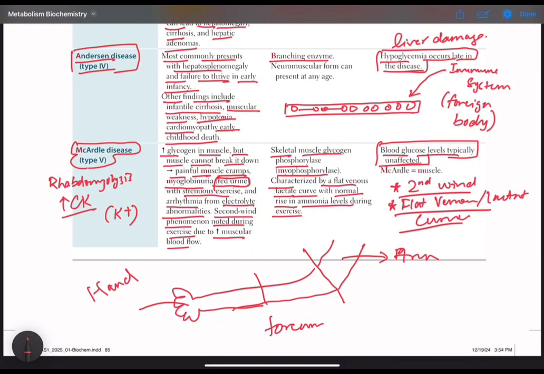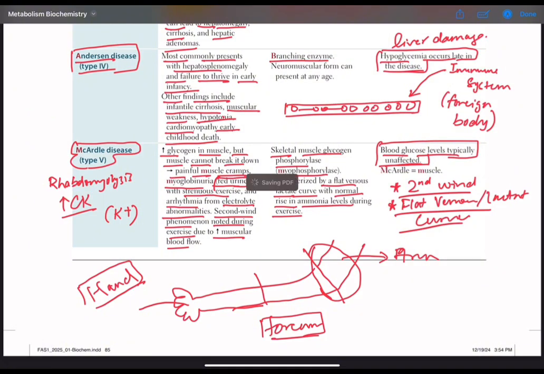The cuff is wrapped around the arm, a hand grip is given to the patient, and the patient is instructed to perform hand grips alternately, to perform contractions while the cuff is inflated, or in other words the forearm muscles are activated in absence of oxygen. So in absence of oxygen, the forearm muscles